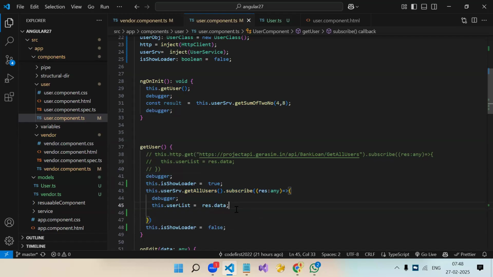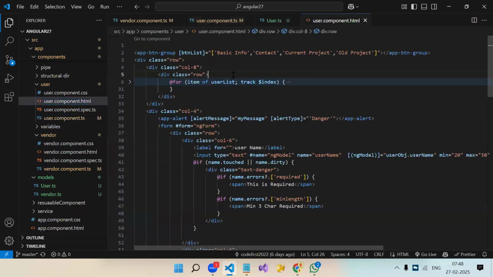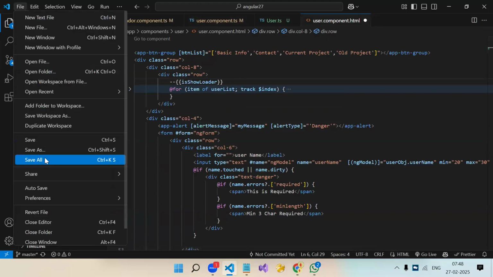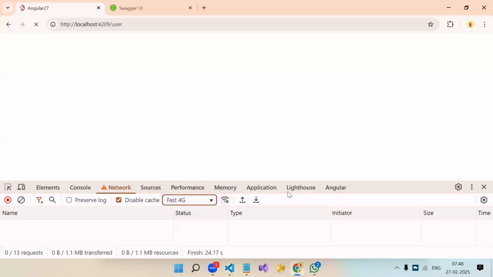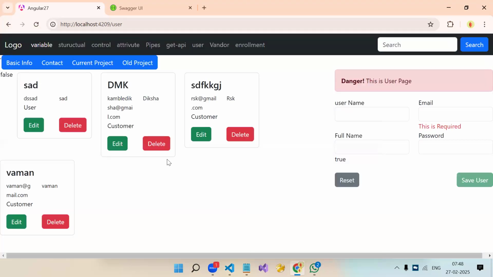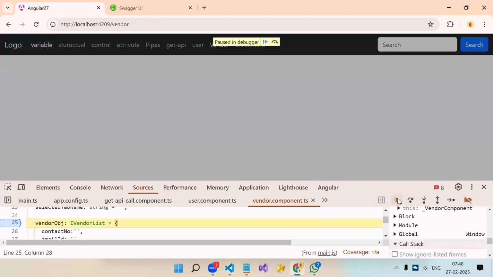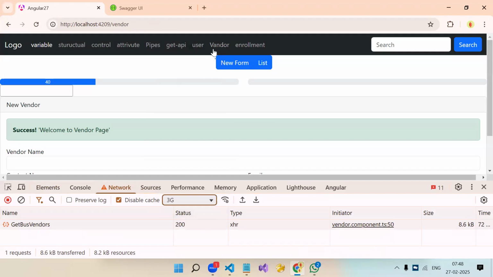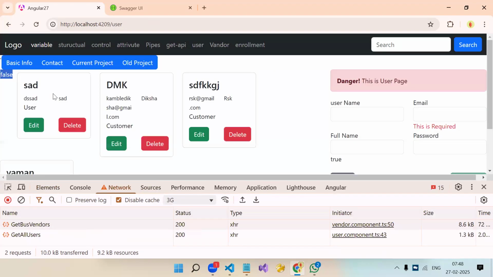Here only I'm making it, and this variable I will print for now. So see now. Okay, if I go to the user, see, this is false only.